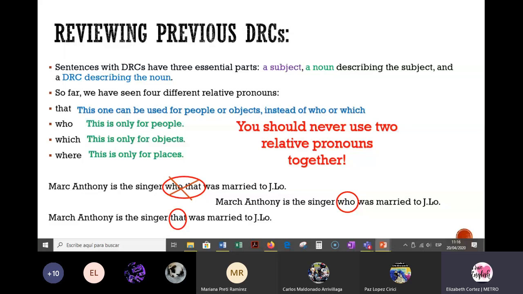And something very important, guys, I mentioned this in the previous presentation: which has to be spelled with WH. This is another mistake many of you made. If which is misspelled without the H, the sentence is automatically incorrect. These three begin with WH, and the one we're going to see today also begins with WH. These are the WH words that we use to ask questions, only that this time we're learning the same words with a different use as relative pronouns. So they all have a WH. The same thing with where. All of the words should have WH.